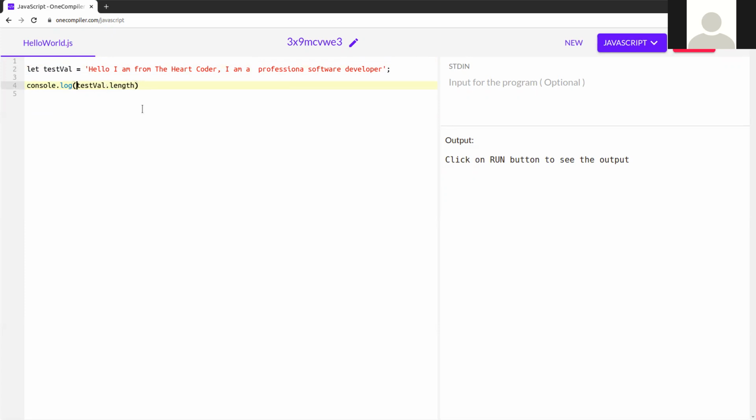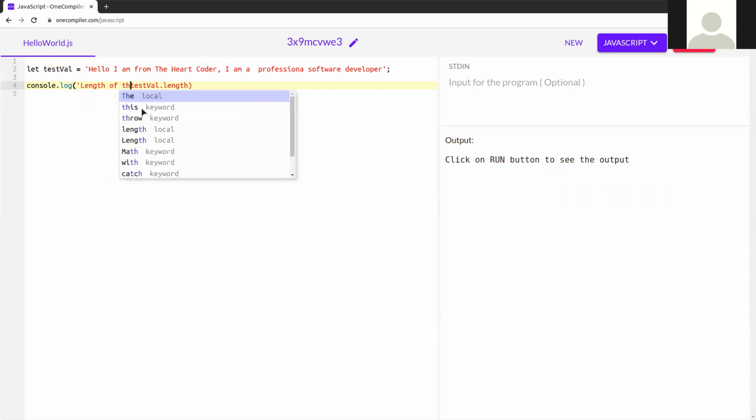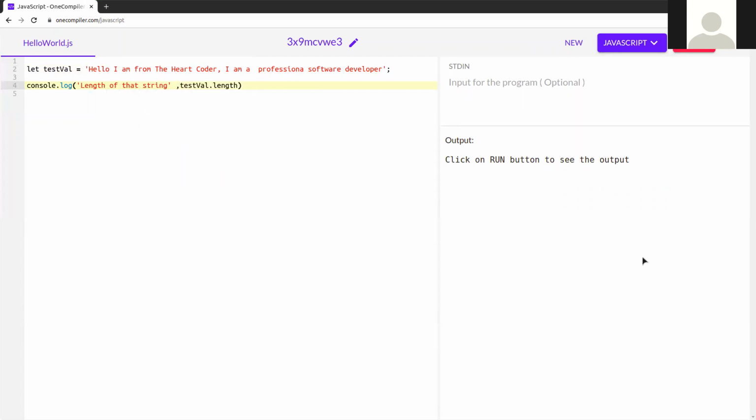This method returns the length of that string. The length of that string is 71. Okay, next one.